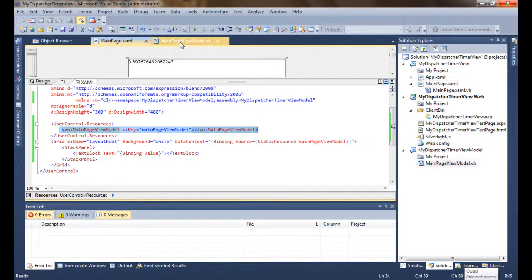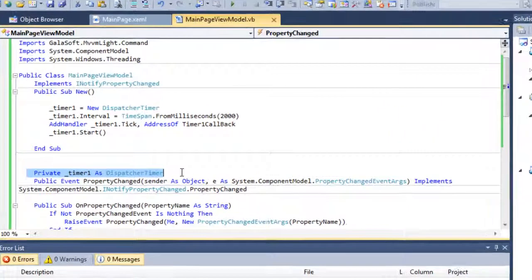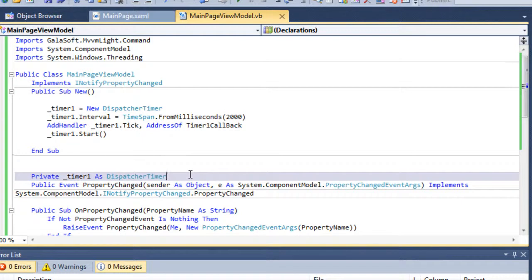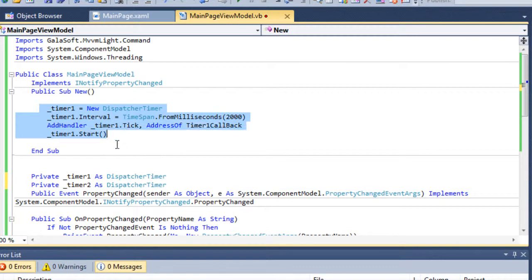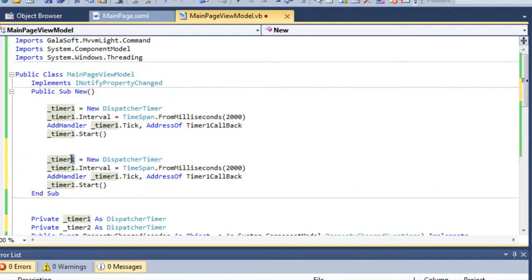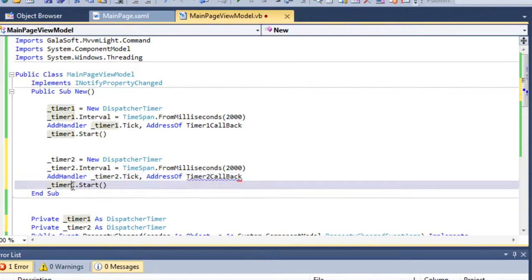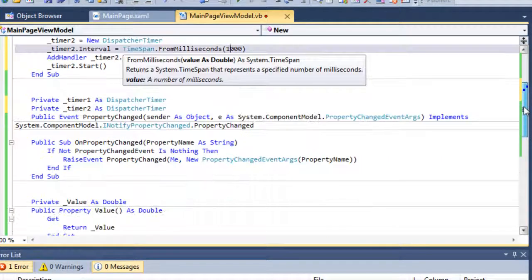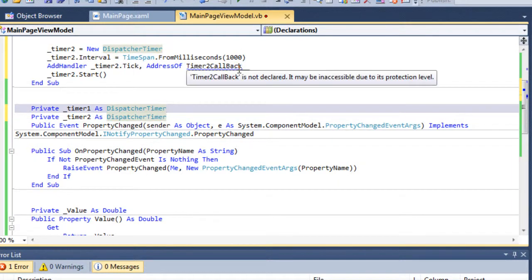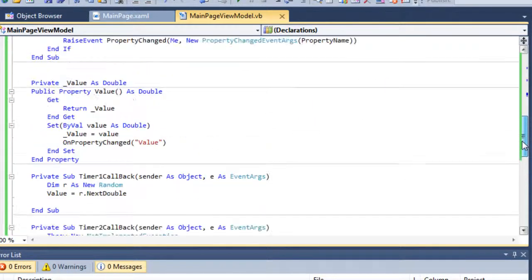So maybe in the MainPageViewModel, let me create one more timer. Okay, I'll name it timer2, and I'll copy all this and replace 1 with 2, 2, 2, and then 2, and then 2. Okay, and for this I want it to be updated at a 1 second interval. Okay, and in timer2 callback, let me create one more property.